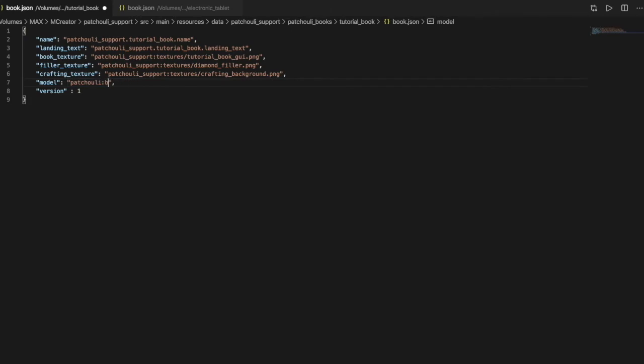If you want a custom one, you can put patchouli_support:custom_books. We'll see in another episode how to create this model, and I'll show you later my book.json.